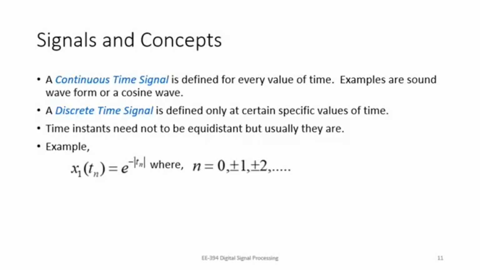Now the second scenario is where the signal is defined only for certain specific values of time. The signal is not defined for all values of time. This is the difference. For example, a signal defined for a sampling period of 0.1 second